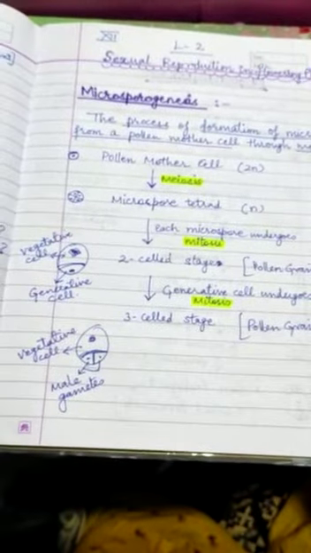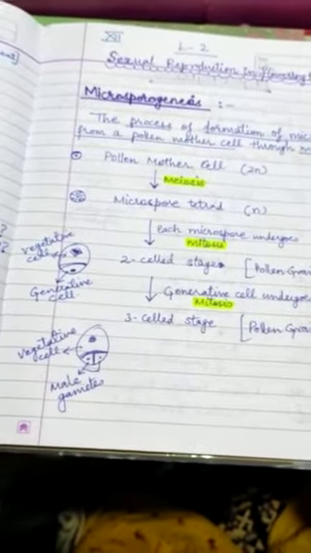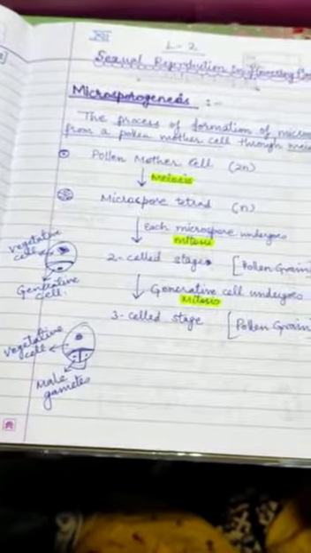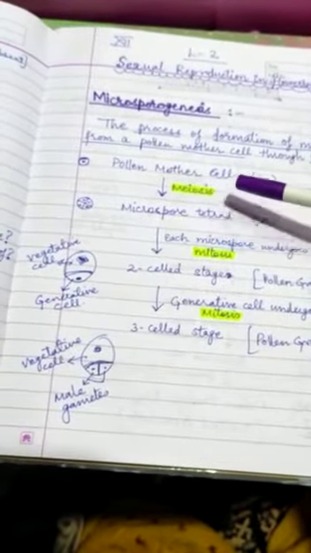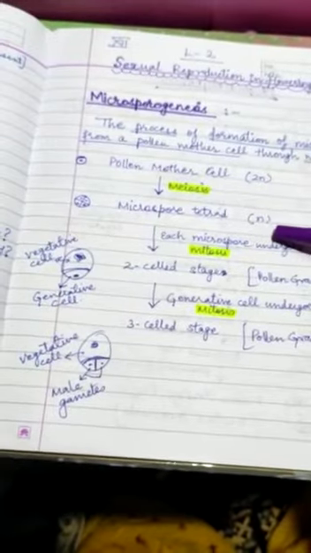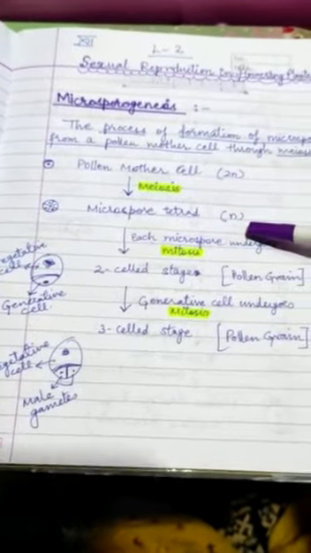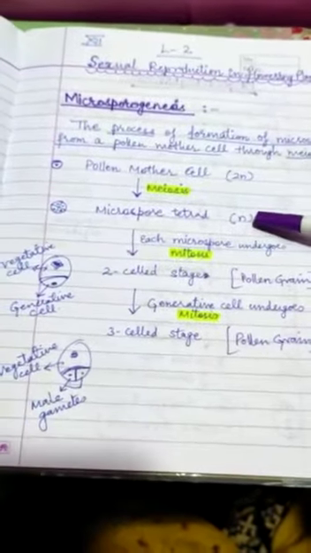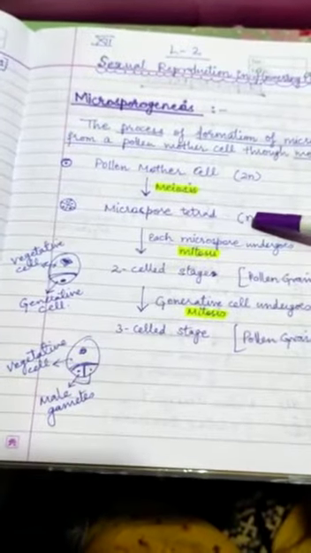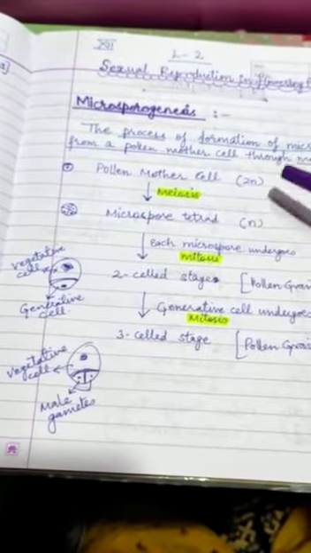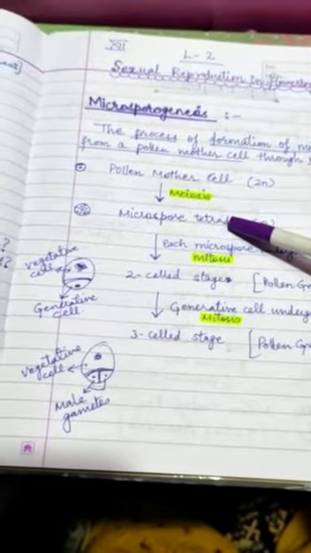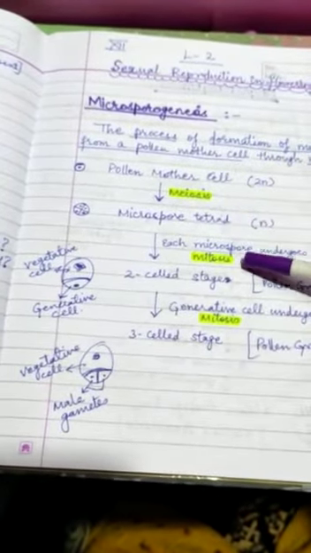Let's see the process by a flow chart. Pollen mother cell, which is 2N, undergoes meiosis to produce microspore tetrad. So 4 cells are produced which are haploid. Each microspore present in the tetrad then undergoes